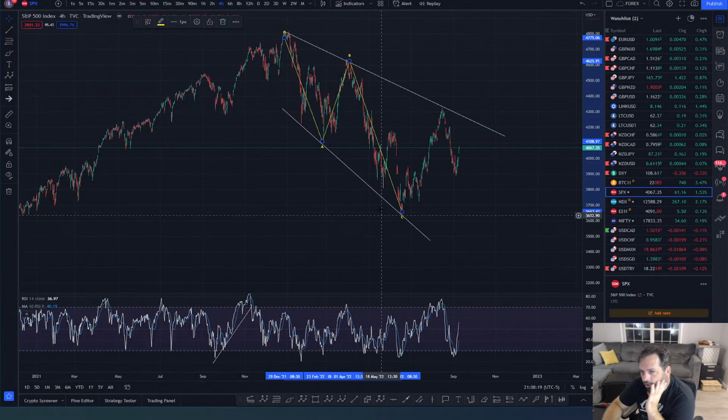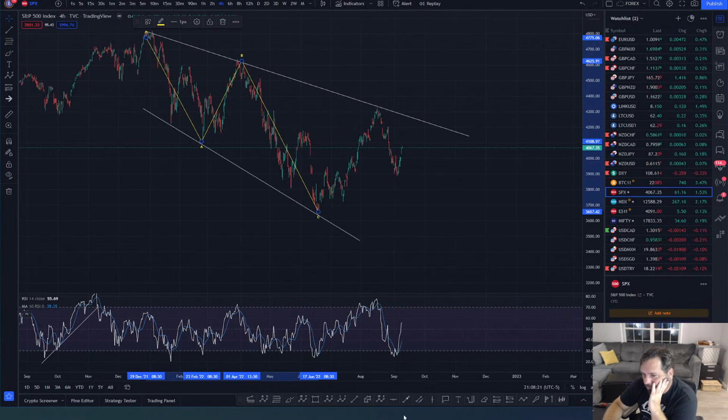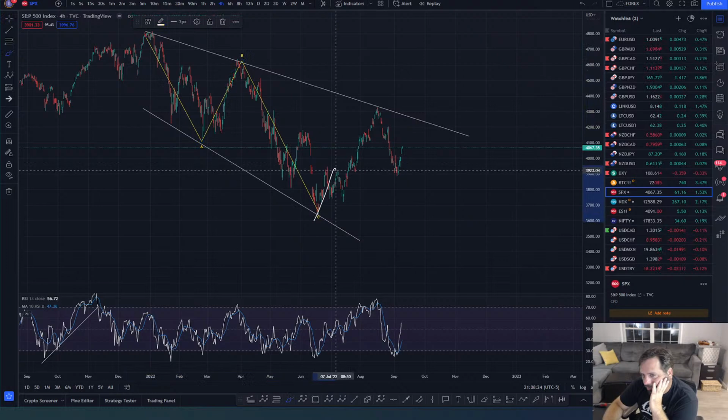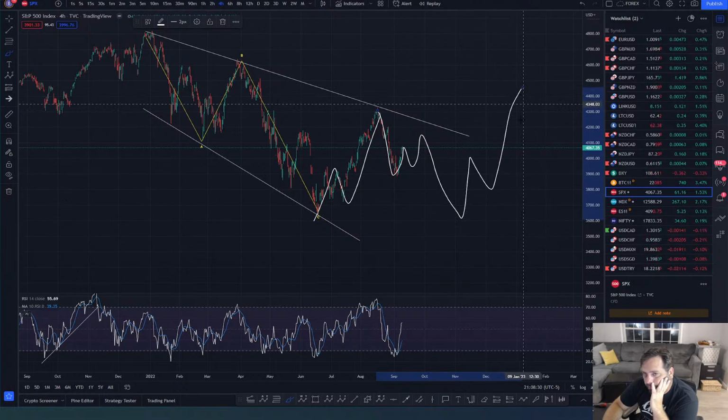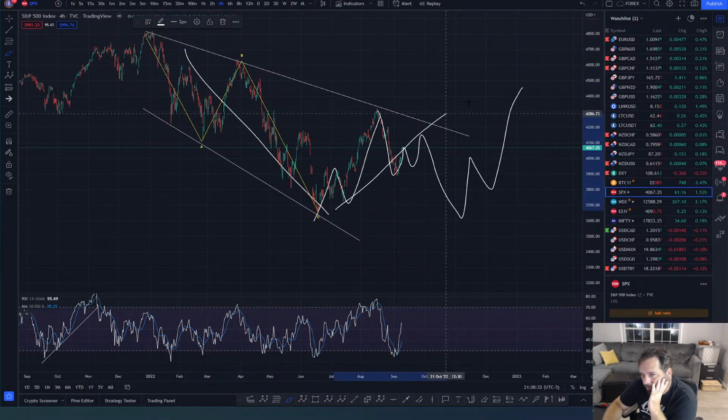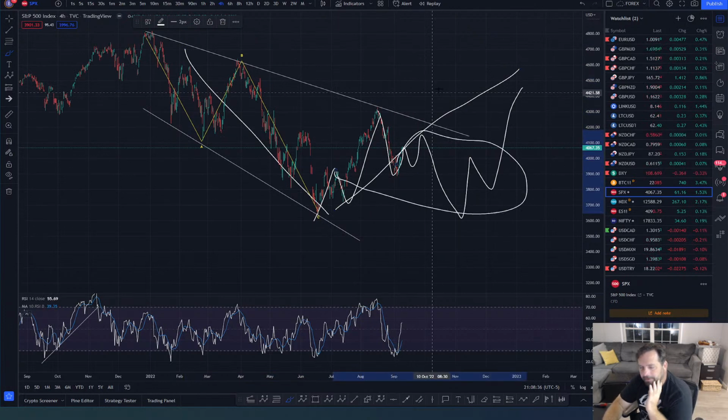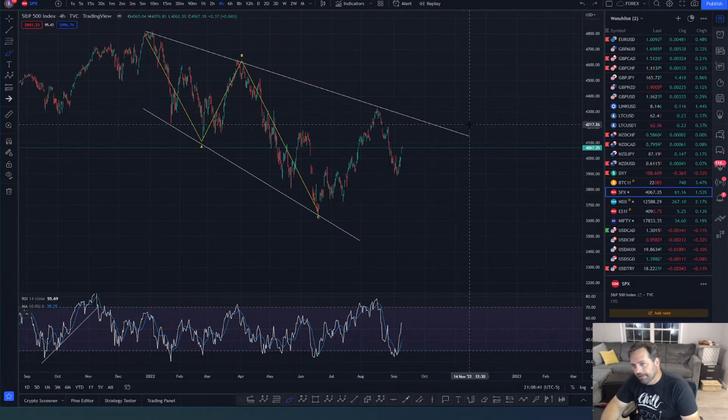And now we're going up for another 3-wave move where you have, this is 3 up. Now we're going to get 3 down, and then we're going to get another 3 up. Okay, and this is going to become a larger correction. This is going to be more sideways and down. So I'm not sure about that, guys. I don't know. That's my secondary count there. So that's S&P.